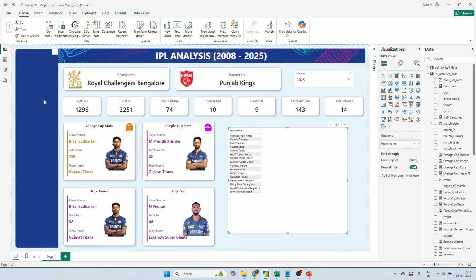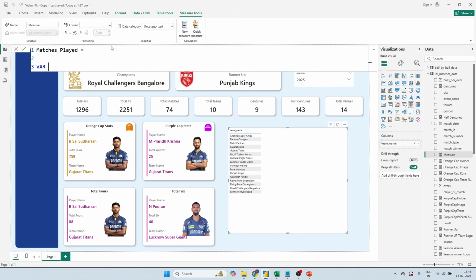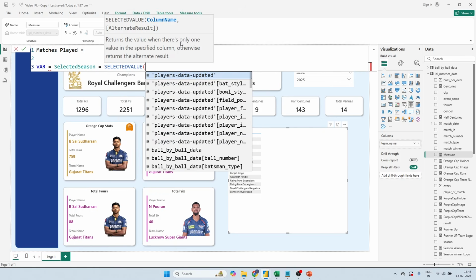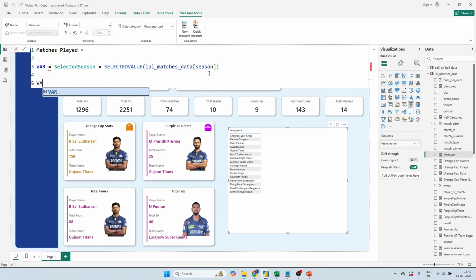And now what I have done, you have made the relationship, make that, right click, and I will create a new measure now, right? And I will name it as matches played. Okay. And again, I will write the first variable obviously as a selected value or a selected season. Where I will use the SELECTEDVALUE DAX, and it will be for the season whichever we are selecting in our data, right? And now second variable, I will name it as team 1 matches. First I will find out team 1 matches count. Okay, so I will find the team 1 matches is equal to,